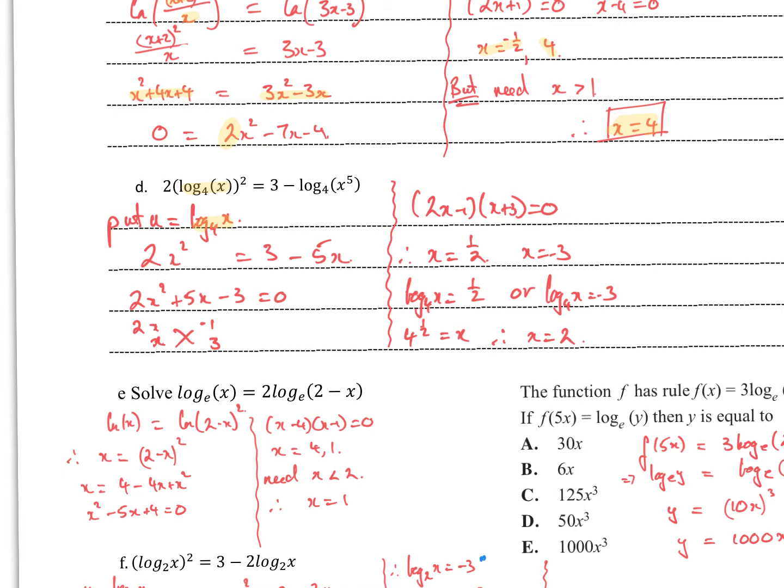Look, I've been a bit sloppy there, haven't I? So what if I just tidy these up as we go? They should all be u, shouldn't they? If I put u equal to log base 4 of x, come on, catch up. Sorry about that. So I get 2u squared equals 3 minus 5u,